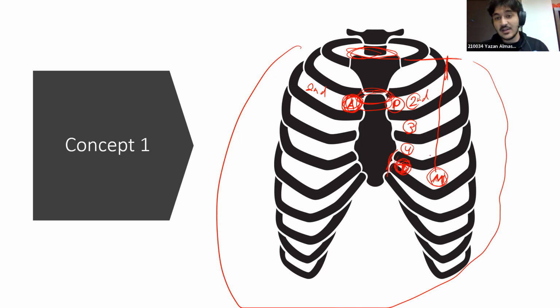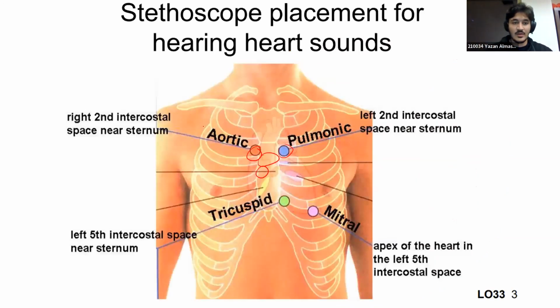That's how we find it in the clinic, and that's how we examine it. Okay, so now when we look here, it says the right second intercostal space near the sternum, and the left second intercostal space, we have the pulmonic valve. In the left fifth intercostal space near the sternum, we have the tricuspid, and in the apex of the heart,